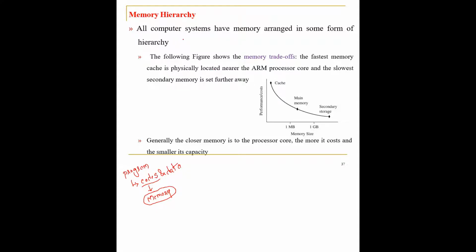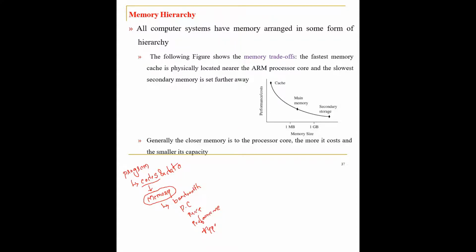As I said, there are a lot of parameters you need to check. You can say the bandwidth, the power consumption, the price, the performance, or the type of memory, whether it is a permanent memory, a static memory, or a dynamic memory. There are a lot of parameters you need to look into when deciding the memory of an embedded system.